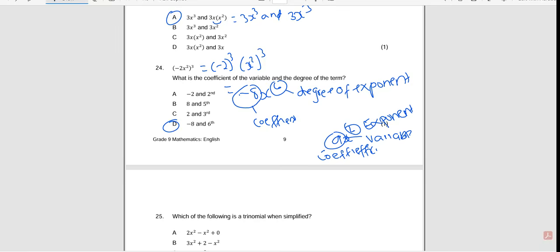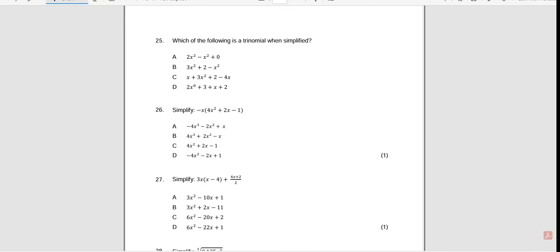All right, let's proceed to number 25. Which of the following is a trinomial when simplified? A trinomial has what? It has three terms. Which one is a trinomial when